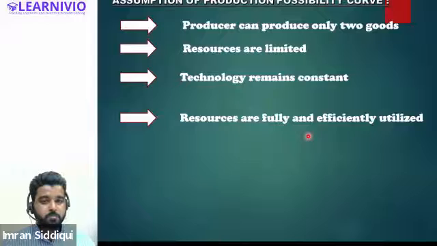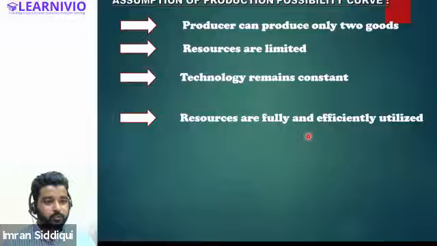So that's how the case studies will come for these graphs. I will tell you about the case studies. Don't worry about that. We will discuss what kind of case studies are asked in the exam. For the time being, you just focus on the basic concept, the basic understanding of this particular topic.